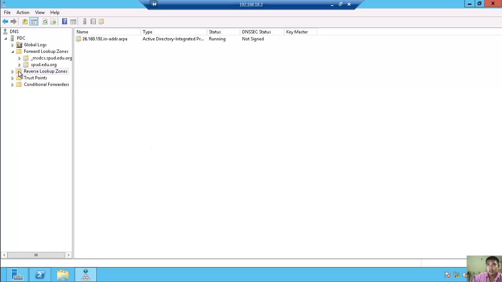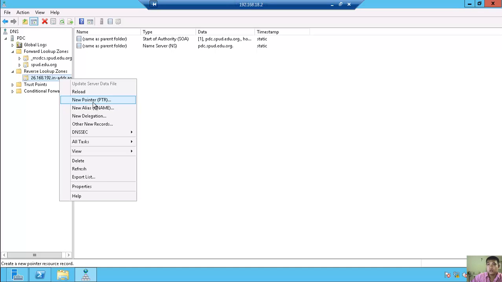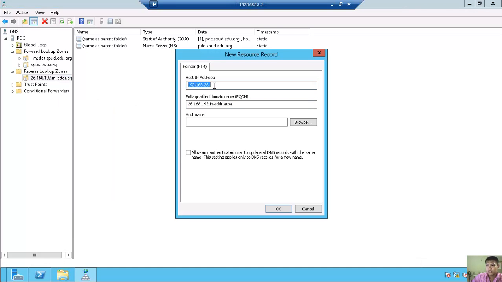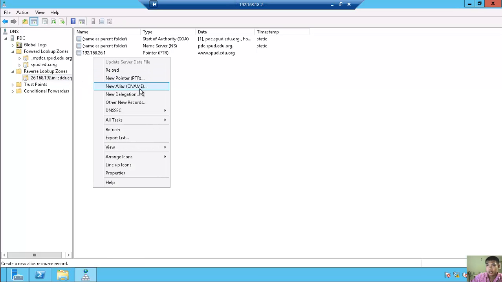Okay, so that will be our to finish. Okay, then we go here. Click new pointer. Okay, so that's PTR. So we go to that one, and our host is www.spud.edu.org. Okay, just click OK,